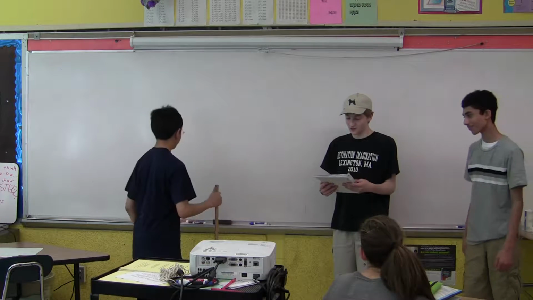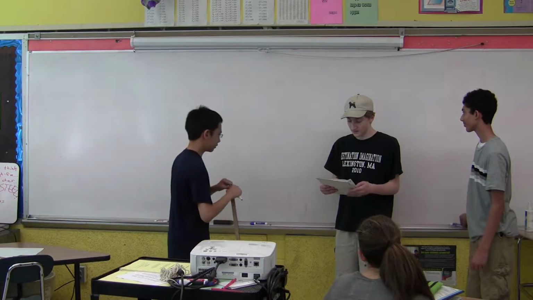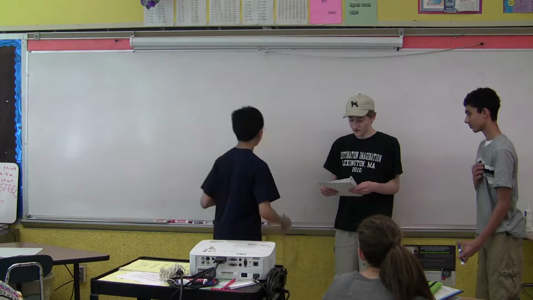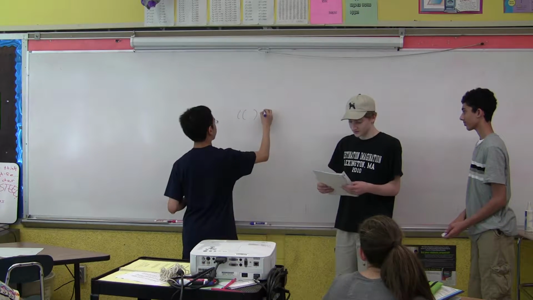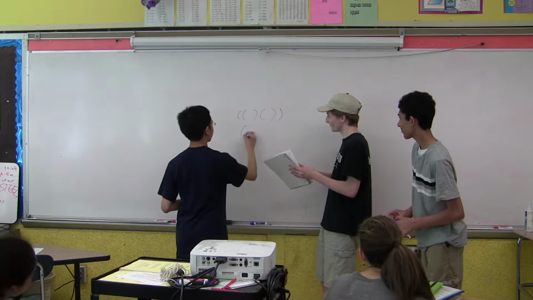Suppose you have n pairs of parentheses and you would like to form valid groupings of them, where valid means that each open parenthesis has a matching closed parenthesis. For example, I'll draw that right there. That is valid, but